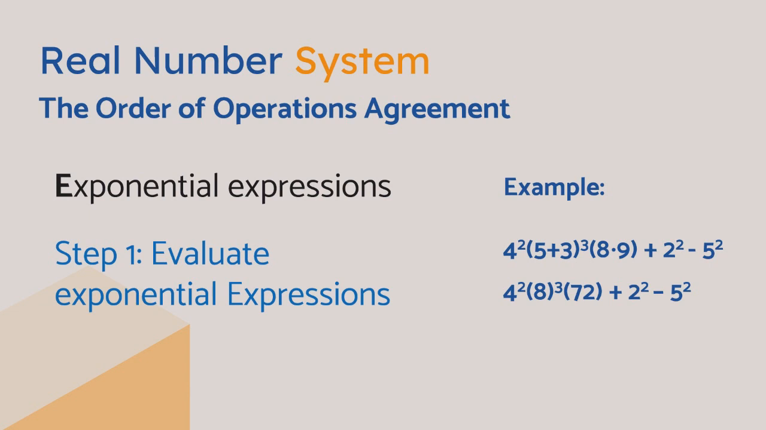So evaluating, we have 4 squared is 16, 8 cubed is 8 times 8, 64, times 8 is 512, 2 squared is 2 times 2, or 4, 5 squared is 5 times 5, or 25. So we've evaluated the exponential expressions. The next step is to